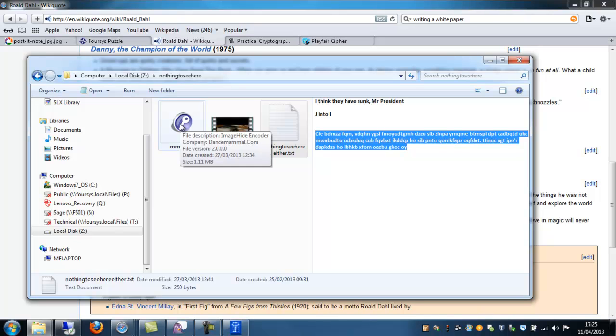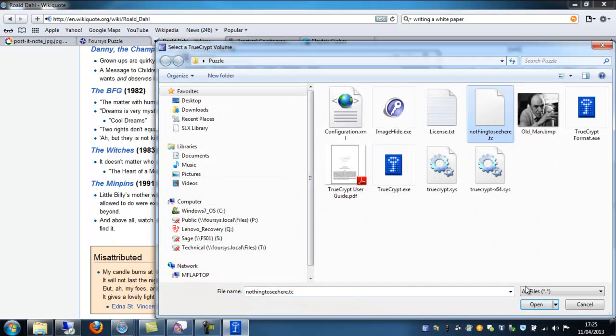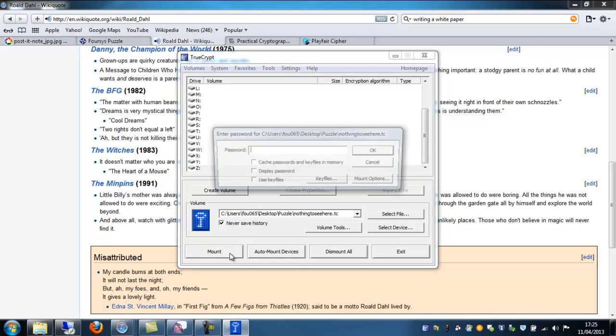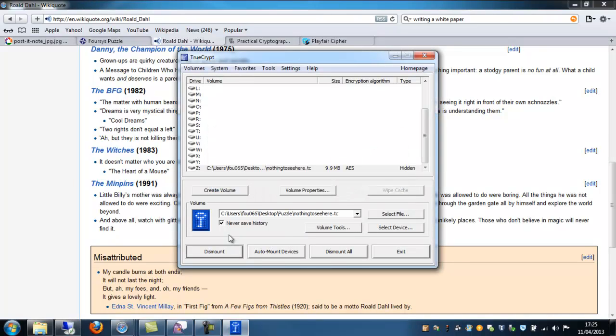Now another feature of Truecrypt is the fact that you can hide another volume within there without it necessarily showing up that there's any free space or any indication from the outside that that's going to be the case. So what we need to do is dismount the Truecrypt file using that password, and then we remount it, but this time we use the password of the number plate from the car. If we do this, you'll see it's again listed under the Z drive,